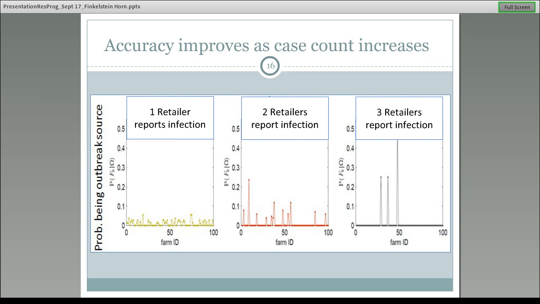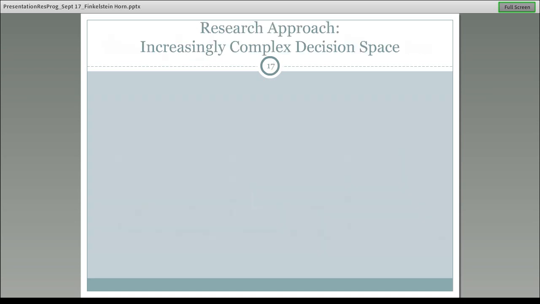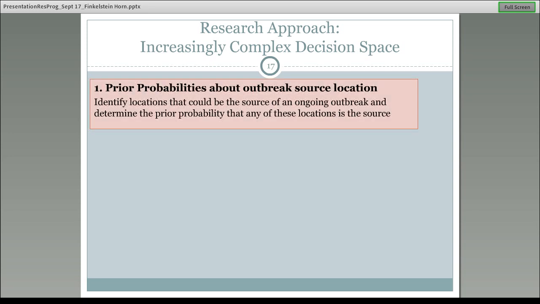Of course, this is a toy example, a stylized example, but this is an illustration of our modeling approach and the results that we hope to achieve through this methodology. So now we'll talk about that methodology in some more detail. There are three main modules in increasing complexity that we use to explore this problem. The first one is, as we introduced a few slides back,